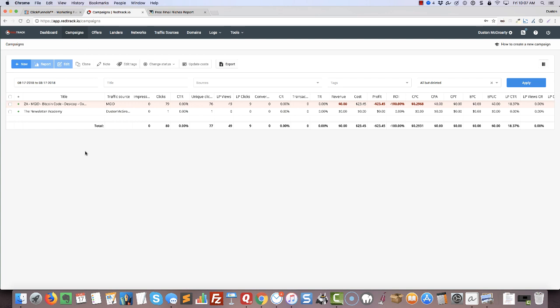If you're selling your own products and you want to track this through Redtrack, it's close to the same thing, but you just have to add your own conversion pixels. So there's no server-to-server post-back. You just have to put the conversion pixels on your thank you pages. So if you guys have any questions on that,